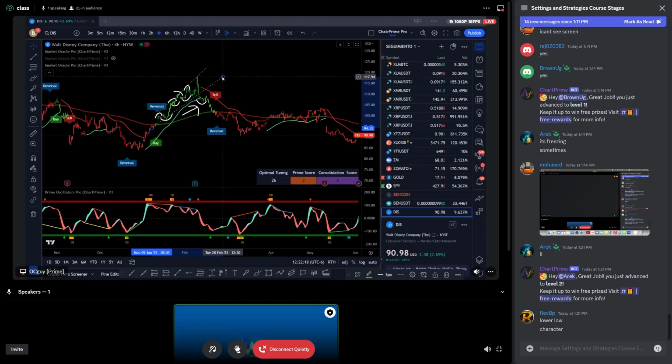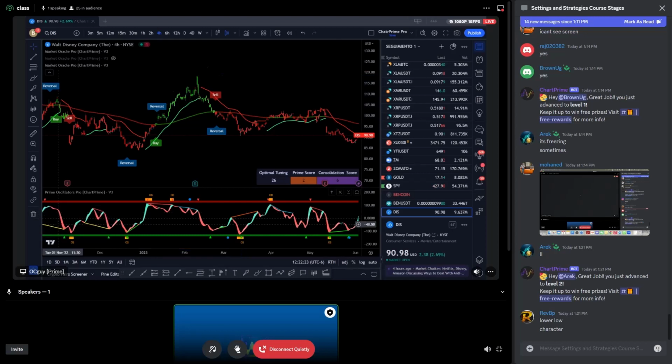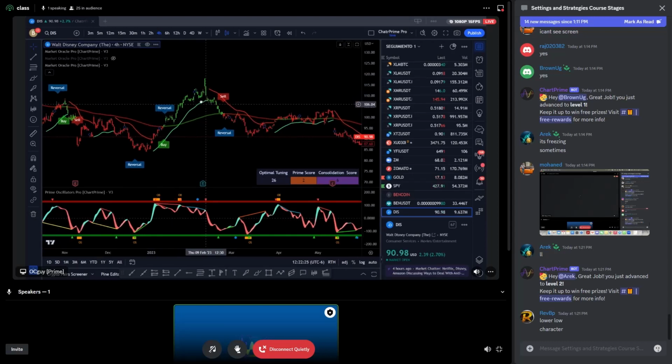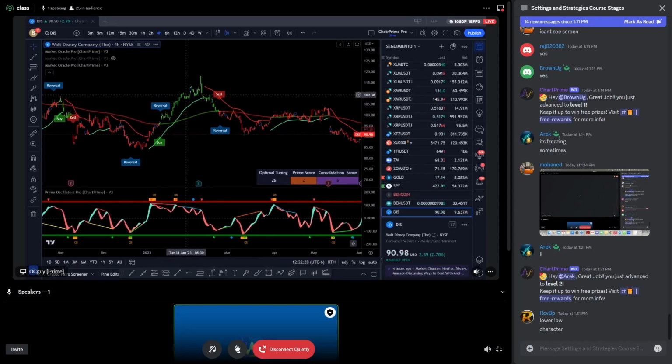However you want to call it, the important thing is that you understand that we're looking at a lower low, which breaks the pattern of an uptrending movement, correct? All right. And we usually do this manually: we take a look here, higher highs, higher lows, and then we have a lower low, right? And after the lower low, we're looking for a lower high, and that will be our entry, right? On the pullback on the lower high.